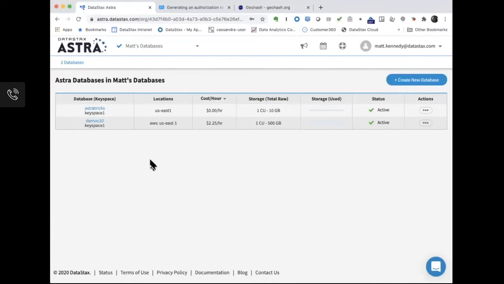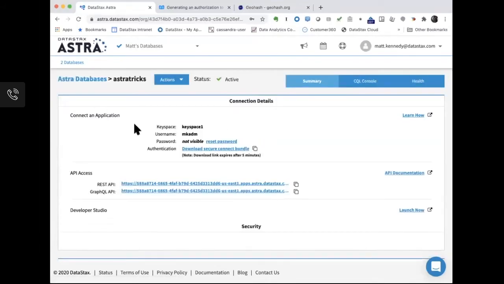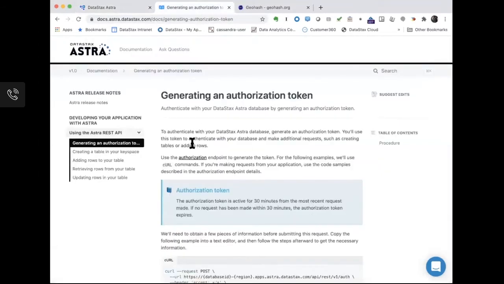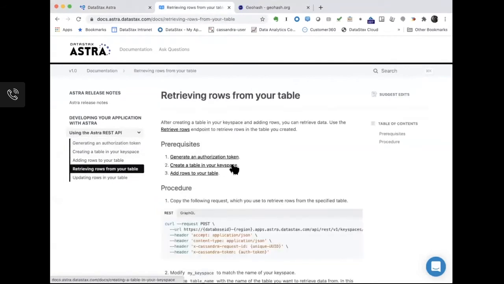Okay, so we're back at our list of databases. I'm going to go back into Astra Tricks, and this time I want to look at the API access section here. So if I open this API documentation tab, I go over here to our docs on how to use these APIs. So we can first generate an authorization token, then we'll look at retrieving rows from the table.